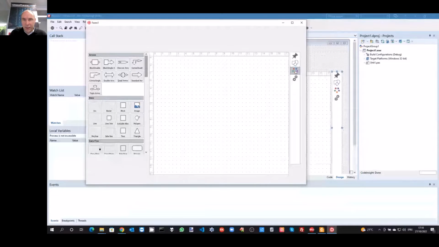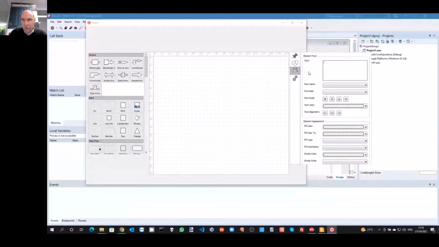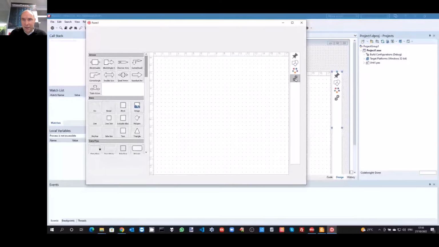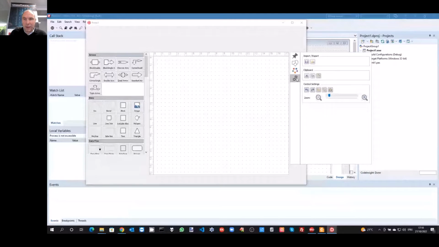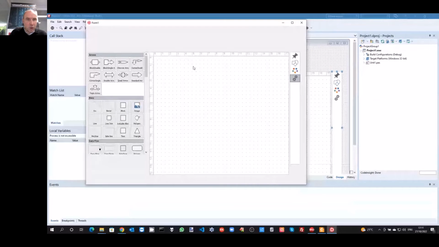Then there is also this pane from where you can manipulate all kinds of attributes of blocks. And finally, there is a settings pane from where you can perform clipboard operations, etc. All this available from the toolbar. But let's start and insert some blocks.